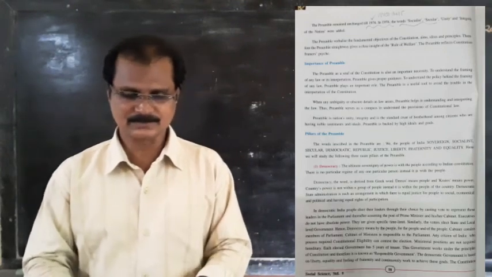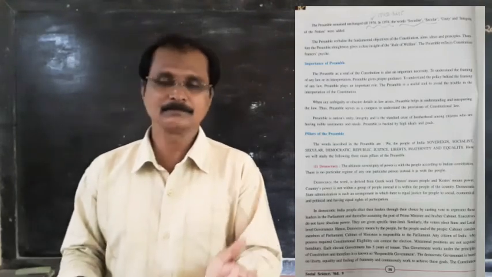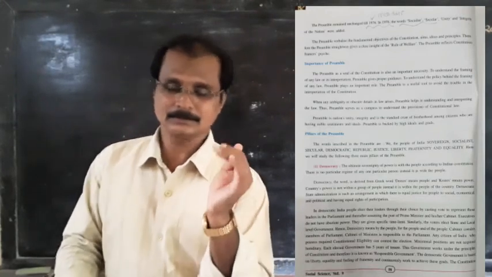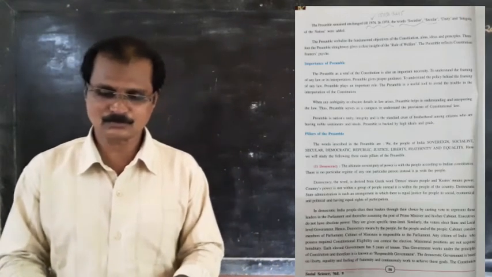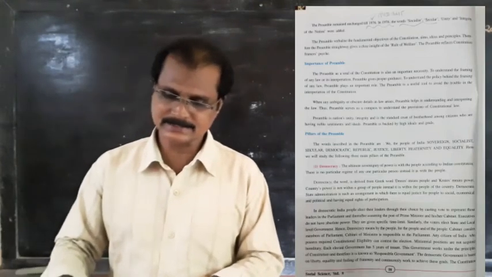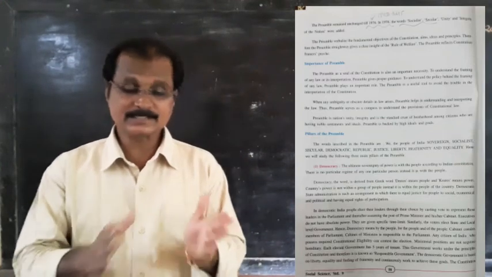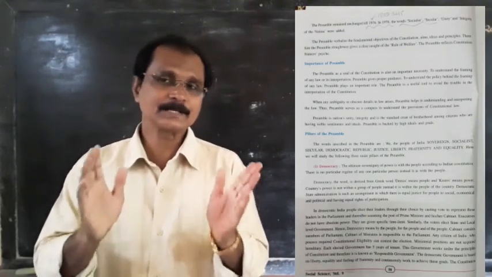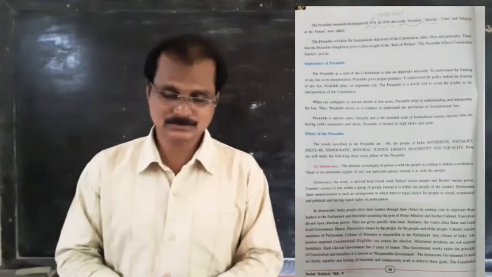What is adult suffrage? Here also we can see the same word in page number 62, and it means the citizen above 18 years of age can cast his vote or choose leaders without discriminating caste, creed, religion, language, gender, education, income or birthplace, but it is essential that he is enlisted in the electoral roll. Adult suffrage means the person above 18 years has the right to cast his or her vote. So that is adult suffrage.